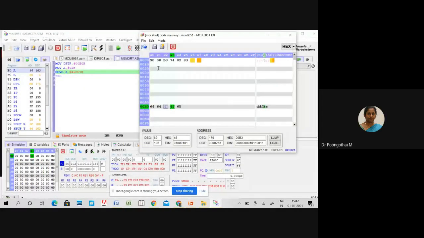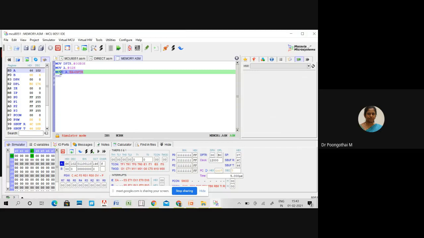See, code memory is mainly for storing your instruction codes. After execution, this code memory contains all your instruction codes. So according to these instructions, your opcodes will be stored in this code memory. So this particular instruction is mainly used to access data elements from a lookup table. A lookup table is nothing but a table containing already pre-calculated values. Your 8051 does not have any instruction to calculate square root, similarly square, or sin x.